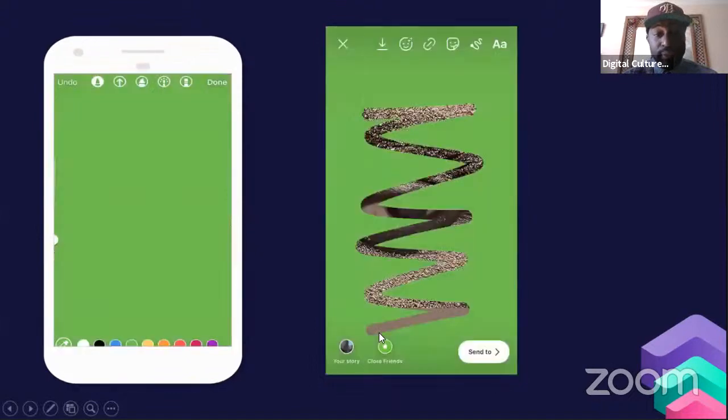So what should happen is, once you've chosen your color, if you hold down on your screen, it should give you a block color just like this. So literally hold down on your screen, no matter where you are, and it will give you a block color. Then grab the eraser tool, which is this one here, and erase away so people can see a little bit of your post. You can then add whatever copy you want,